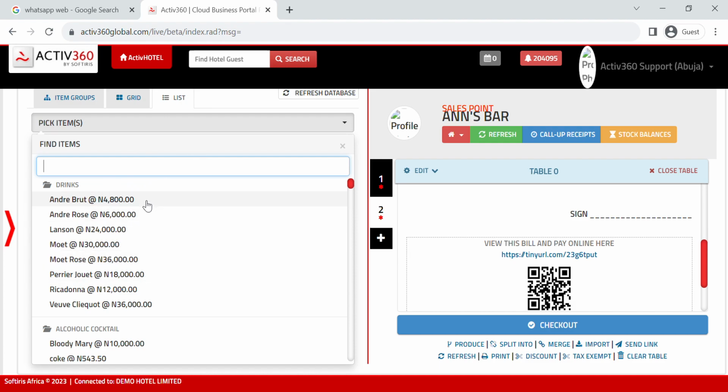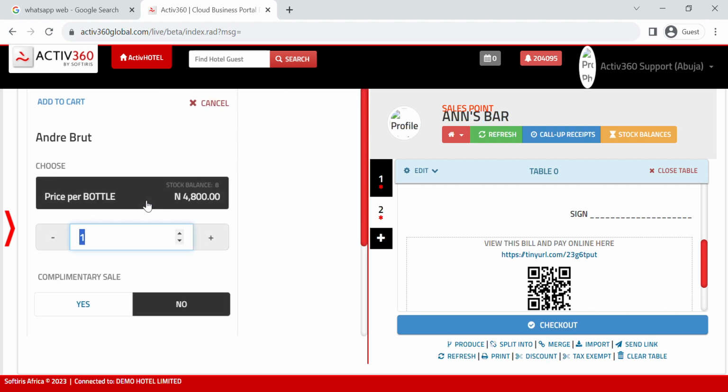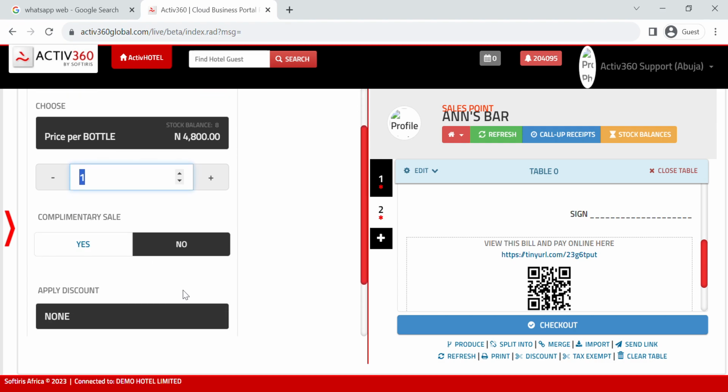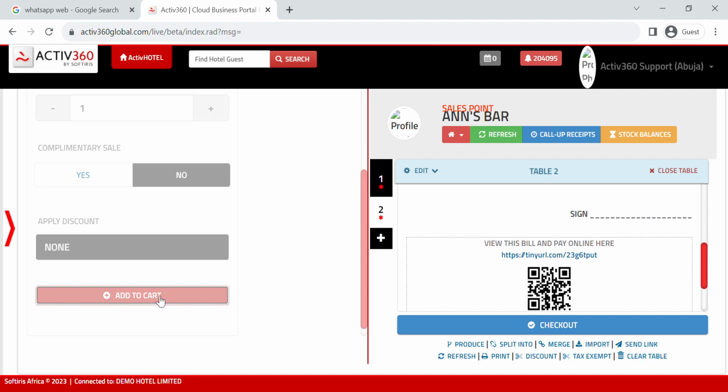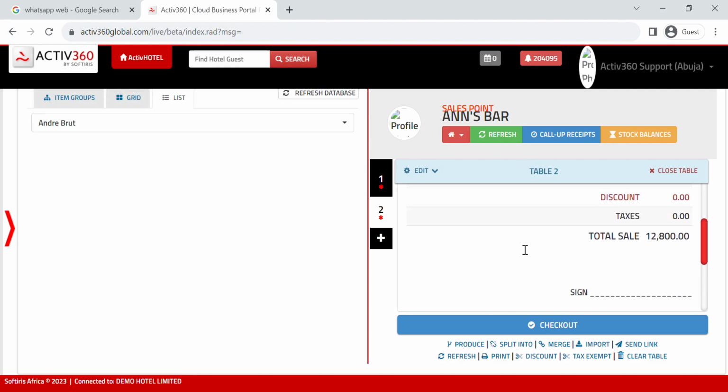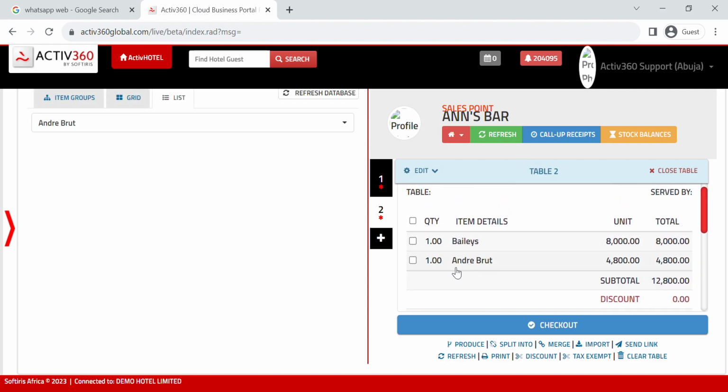So let's order for something. For example, a customer comes in to Ants Bar and wants to order for Andre Brut. You click on that, it's going to show you the price. This is where you input your quantity. You can use here or here. You can say this is a complimentary sale, but by default it's always no. If you want to apply discount, you can, but there is no discount on this item. So you add this to cart. At the right hand side of your screen, you can see that it is here,